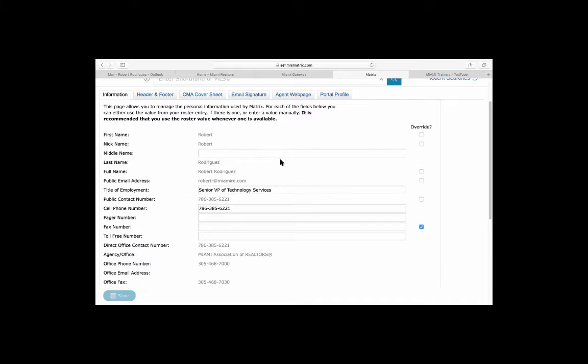For your last name, if you do change your last name, you're gonna have to contact DBPR first, change your last name with your license number, and then contact the board and we will change your last name. You're not allowed to override your last name here, okay? For your full name, you are able to override your full name. You are able to override your email address. So if you need to change your email address, you can override it now by selecting override and then entering your new email address. However, just like your name, if you want to permanently change your email address, please notify